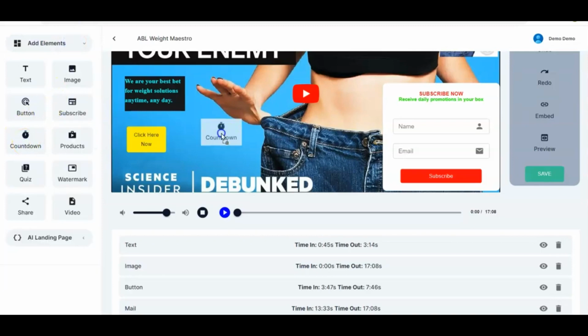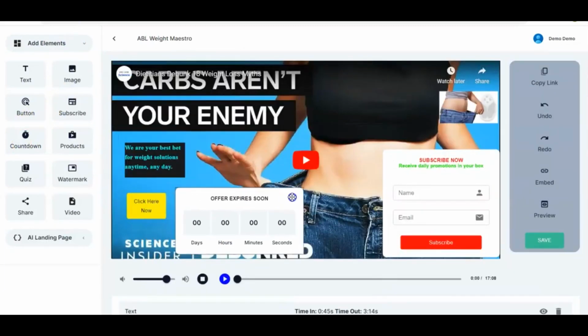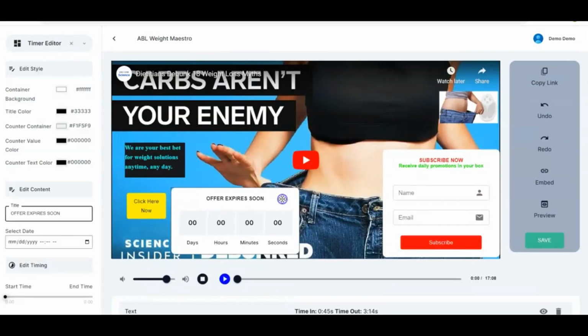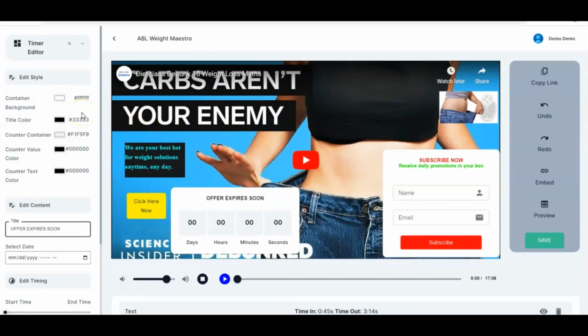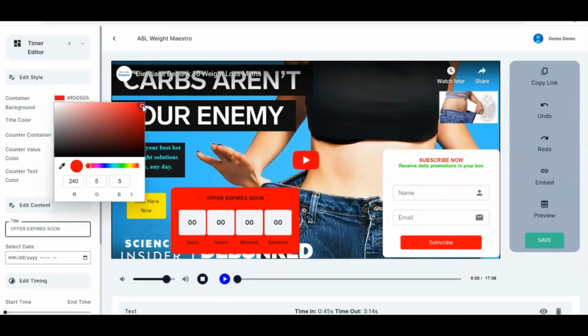You pick another feature, countdown. Right, this is countdown. This is mostly important for urgency, right? For you to push your customers to take action, right? Offer expires soon, something like that. Now let us change the container background. Let me change it to something like, let's say, I think red. Yes, red is okay. Red is okay, right? Or let's say this. No, nah,